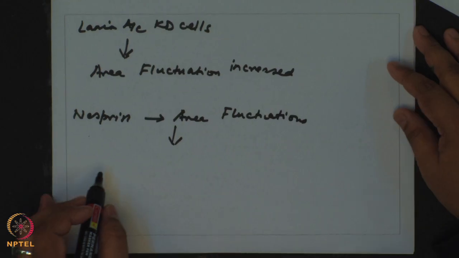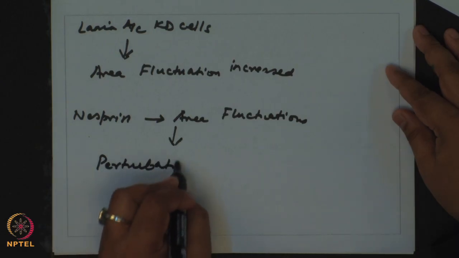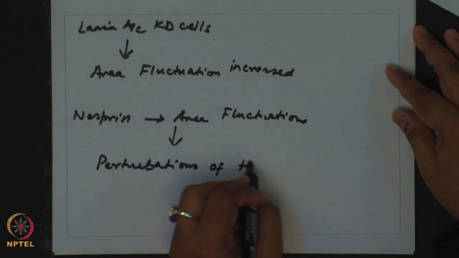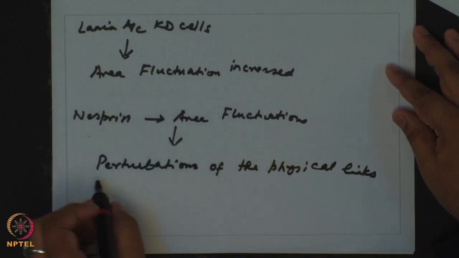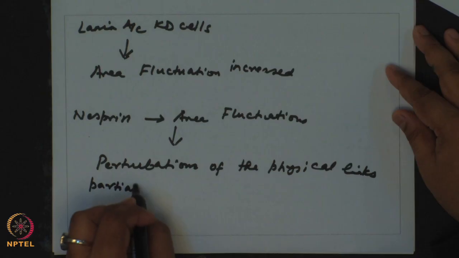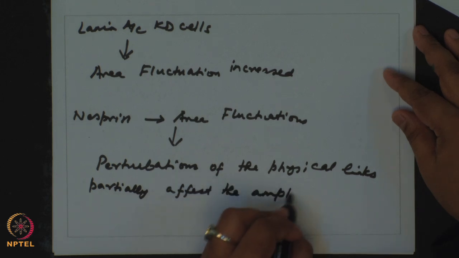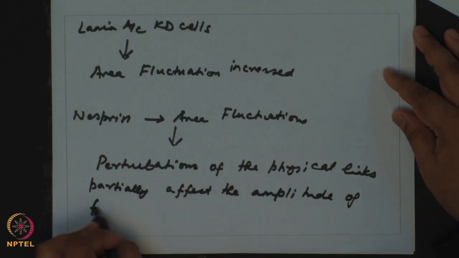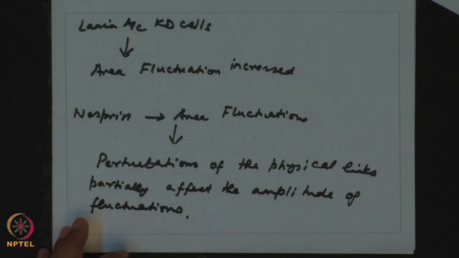Okay. So, based on this, they concluded that perturbations of the physical links partially affect the amplitude of fluctuations, because even when they perturbed with actin, it dropped, or it increased, but it did not go away. Okay. So, as the last step, what they did was they tracked chromatin dynamics